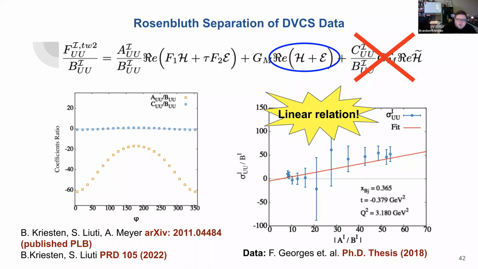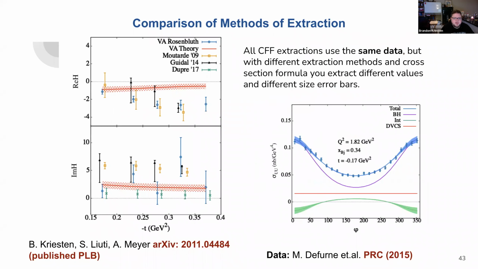And so when you get rid of this term, you can develop a linear relation if you plot the interference cross section versus these exactly calculable coefficients. You can make these linear relations that are nice to fit, and using just one equation, one observable, you can extract two unknowns. So this is, for the first time, our ability to extract, for instance, the GPD, the Compton form factor real E, from unpolarized experimental data. And I show, for instance, what this looks like for real H.